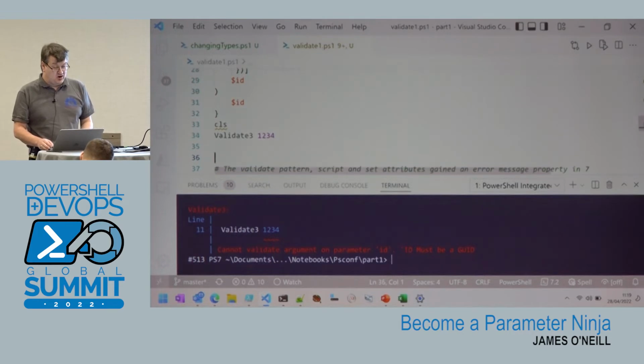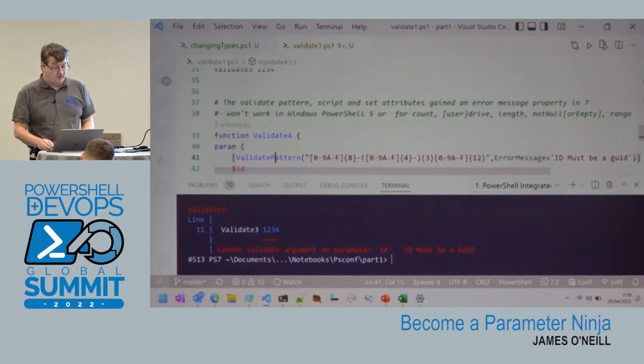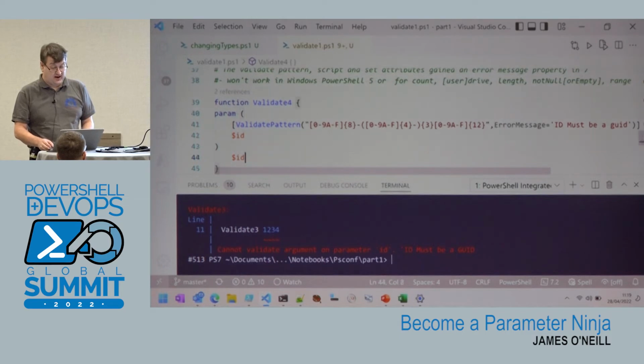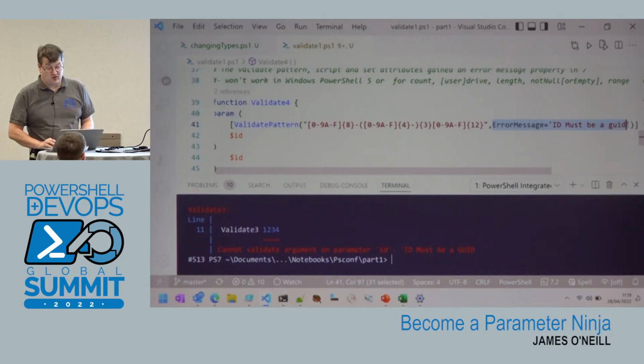Now, in the newer versions of PowerShell, so this is no good if you're targeting Windows PowerShell 5 and earlier, you can actually specify an error message property for the validate pattern parameter decorator.